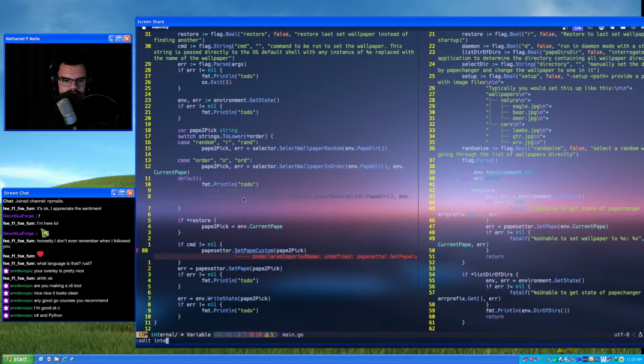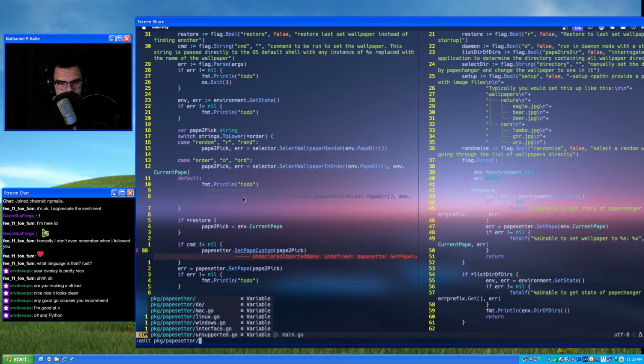So we'll go to internal slash, let's see, no, this one was in PKG. Pape setter slash, let's see, unknown, each desktop environment, Mac, Linux, Windows, the interface itself, and unsupported. So we'll probably want to make another one and just call it generic.go.